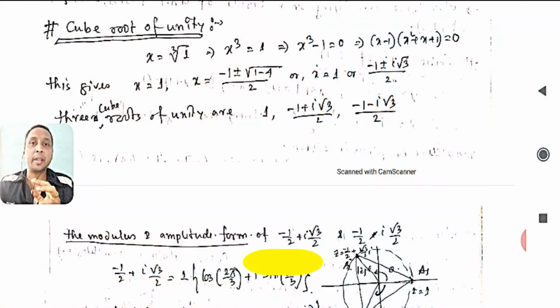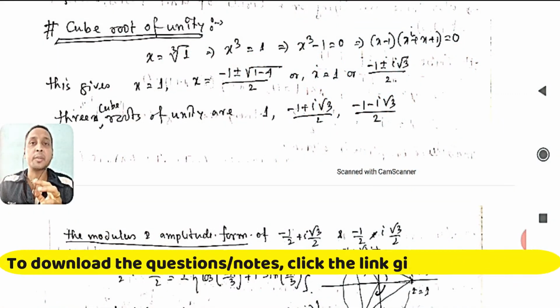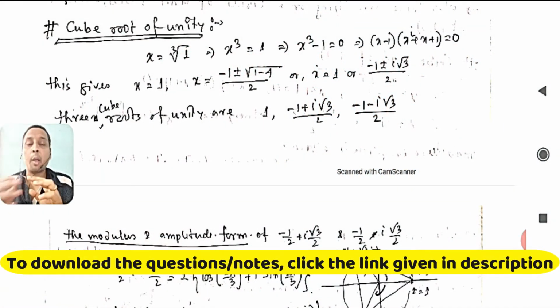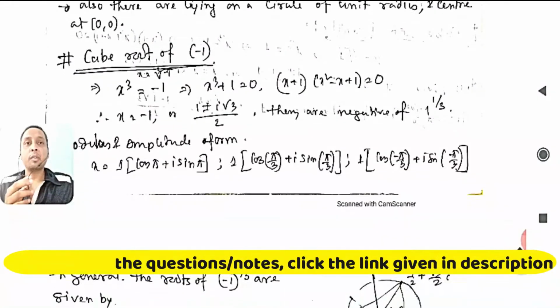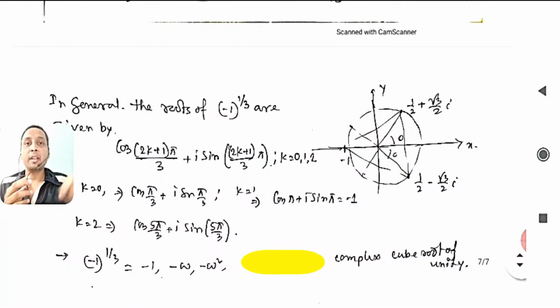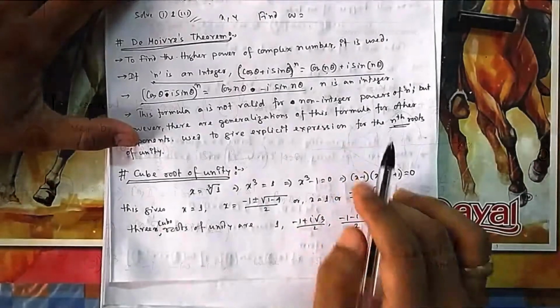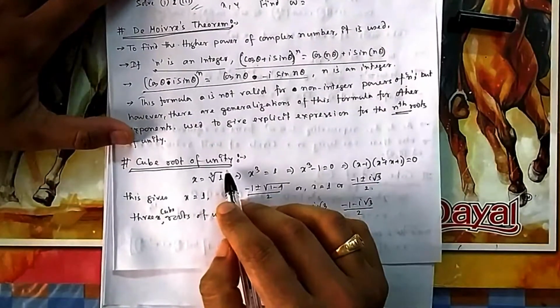Welcome you all to this new lecture in basic level where we are building concepts on complex numbers. So today we will see how to find the cube roots of unity and some properties of this 1, omega and omega square, and then we will see cube root of minus 1 also. Okay, then let's see this. Okay, so now how to find the cube root of unity.